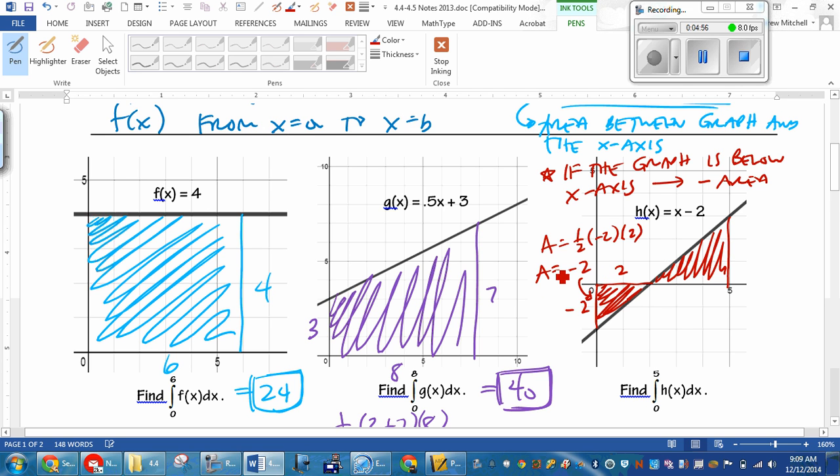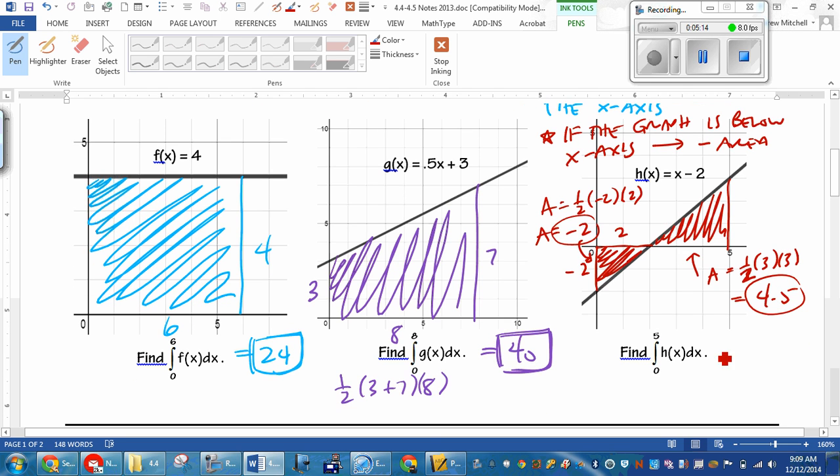And then this one, we get 1/2 times 3 times 3. We get 9/2 or 4.5. So we have to combine these two. To get the definite integral from 0 to 5, we're going to have